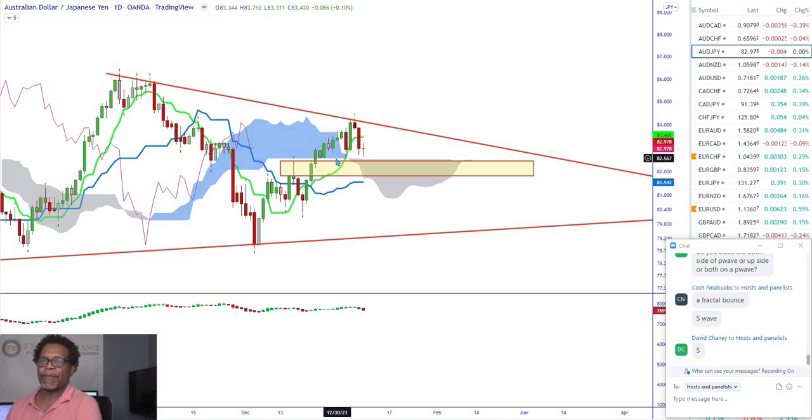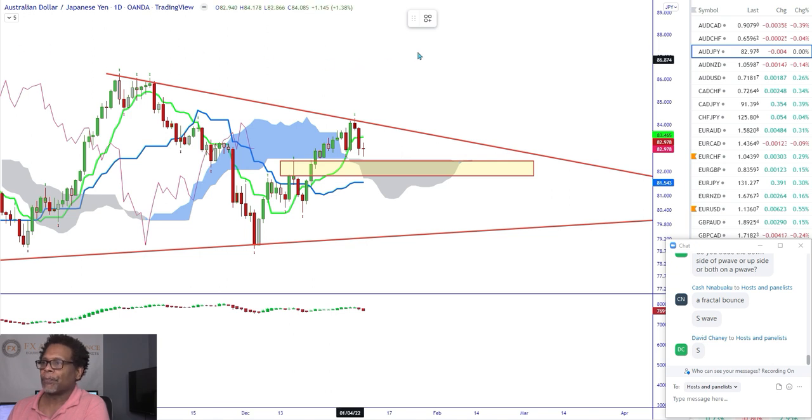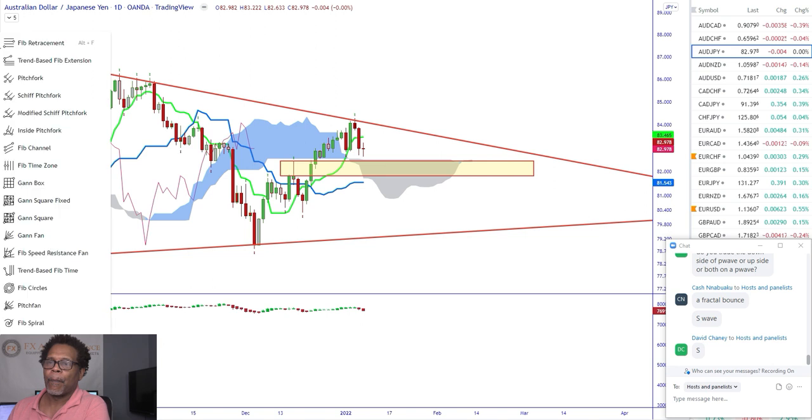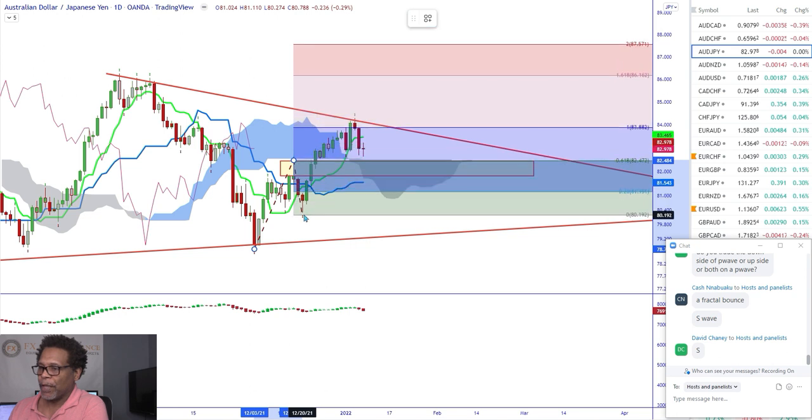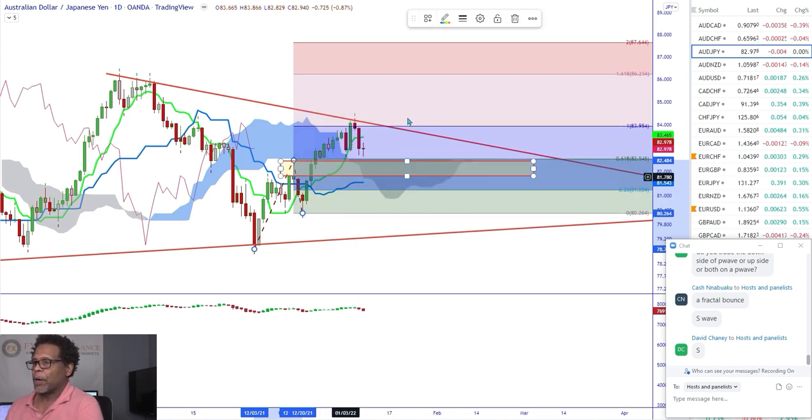Well, there's an easy way to find your targets. If you're using TradingView, just use this tool. Let me show you what it is. It's the trend-based fib extension tool. So just go to use that. Now you got to set your settings like I have. But what's going to happen is I'm going to mark the first wave we just saw, the N wave. 1, 2, and 3. This level right here is your N wave level.